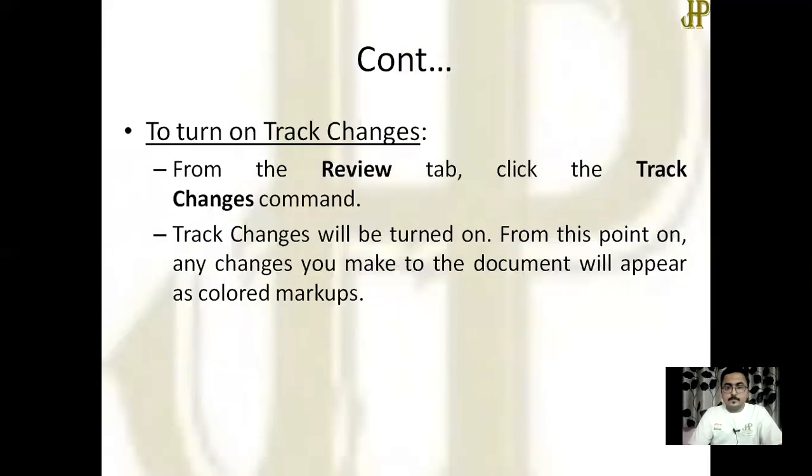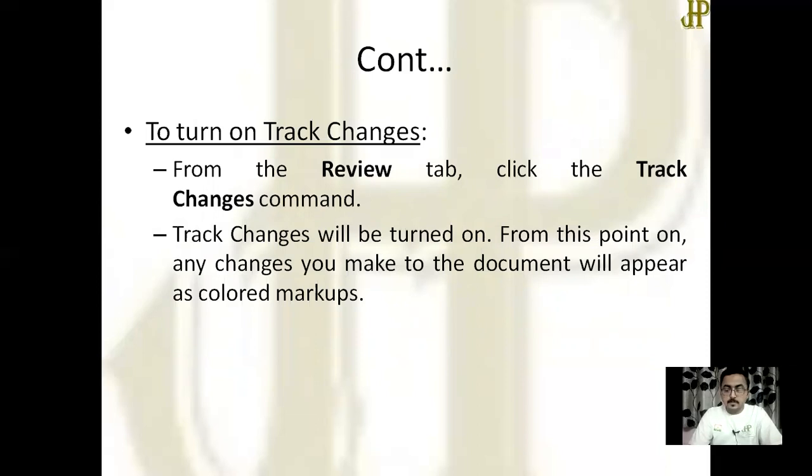To turn on track changes from the Review tab, click the Track Changes command. Track changes will be turned on from this point on. Any changes you make to the document will appear as colored markers.